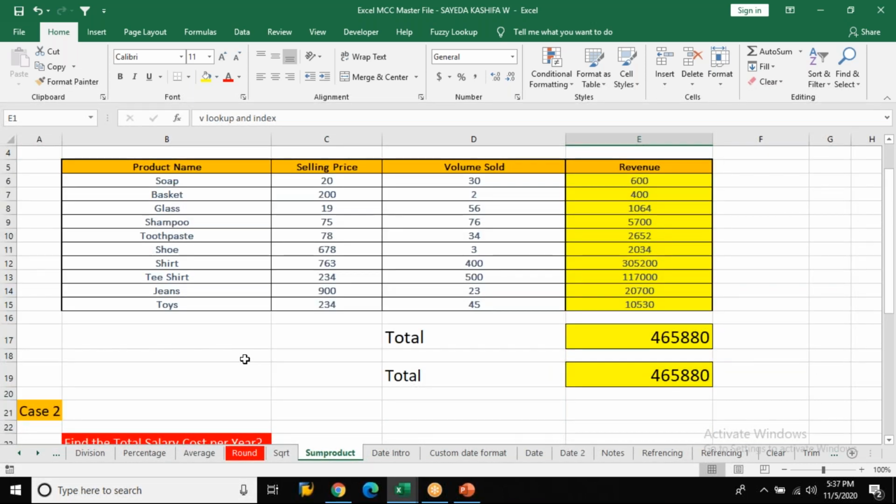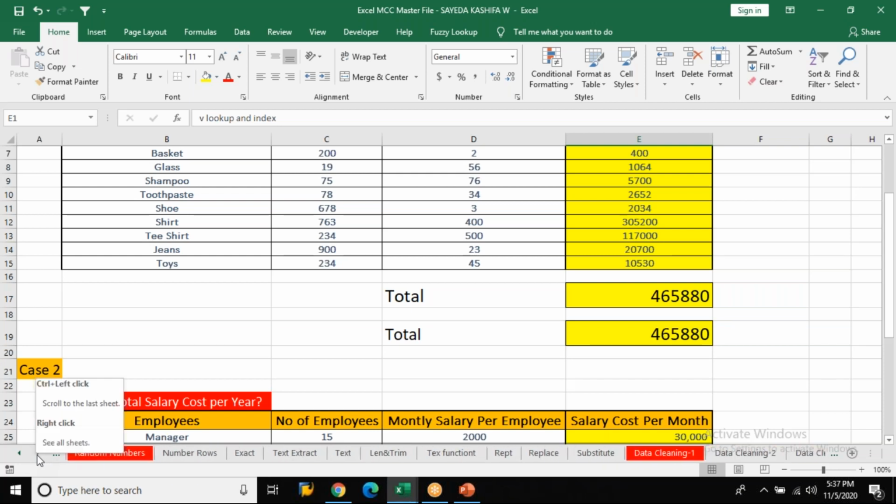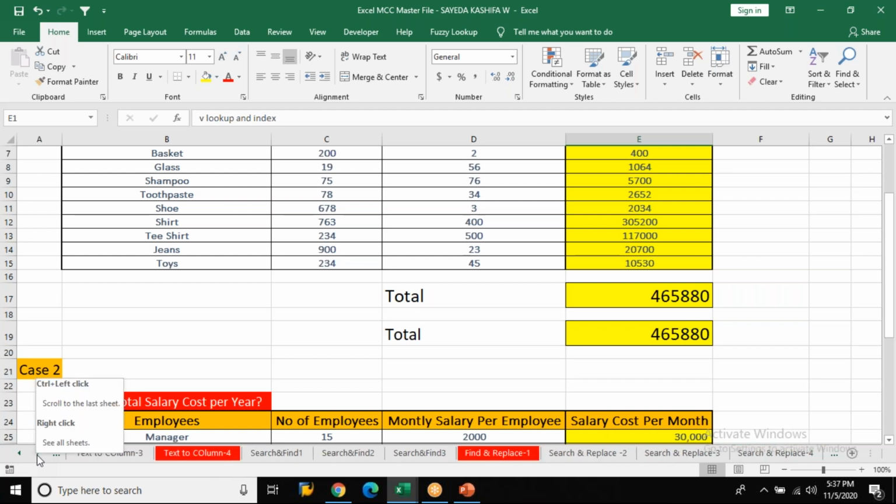I'm not sure if this is there. Okay, I'll check manually now.